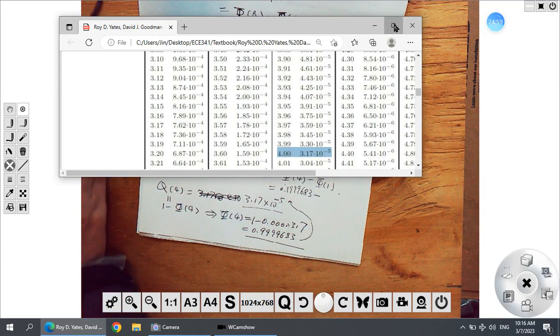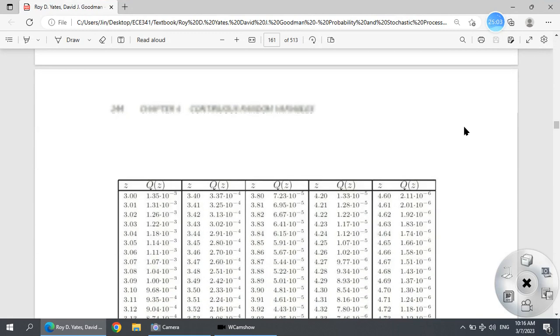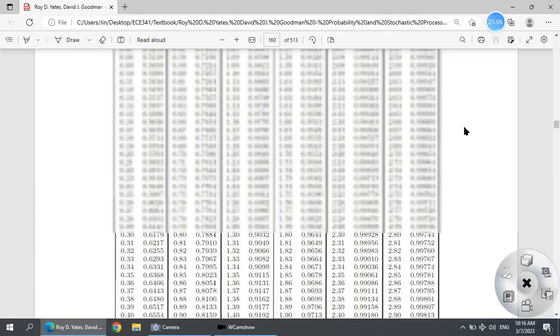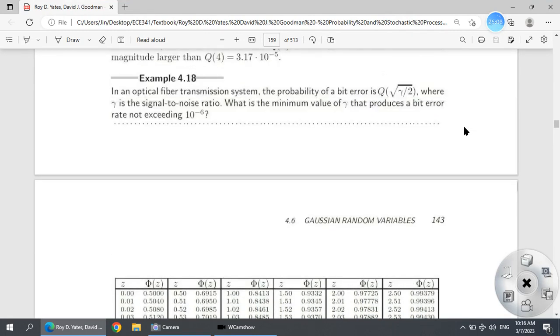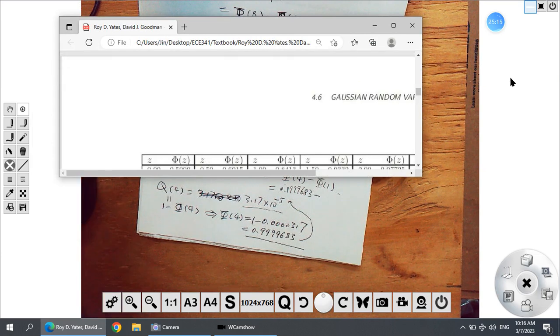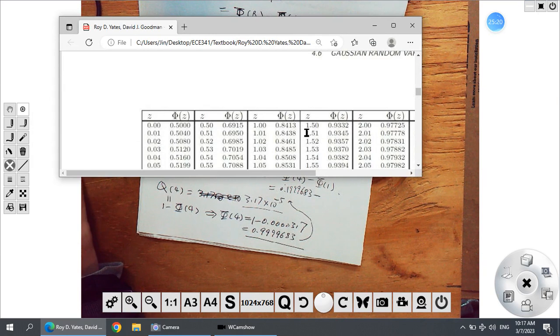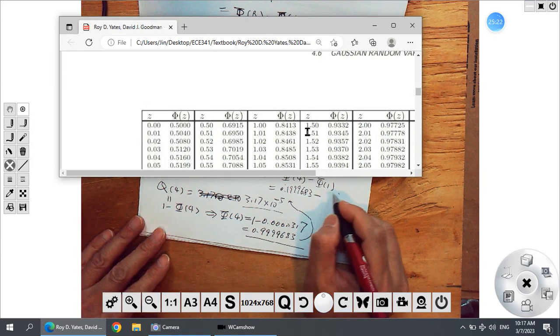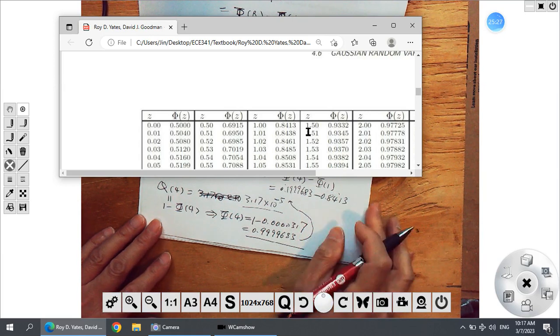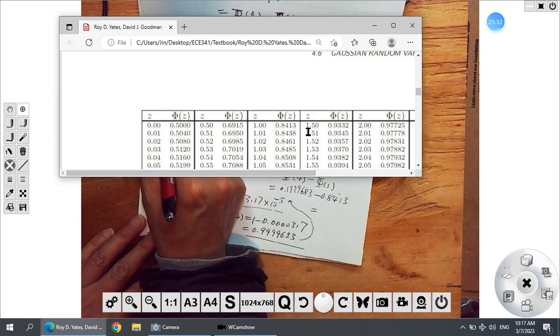And what is phi 1? We need another table, the previous table. Phi 1 is here, 0.8413. So minus 0.8413. This gives us, I need to calculate it right here, 0.99